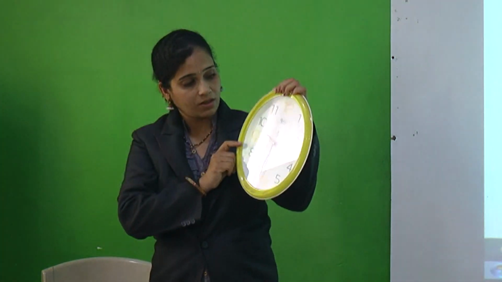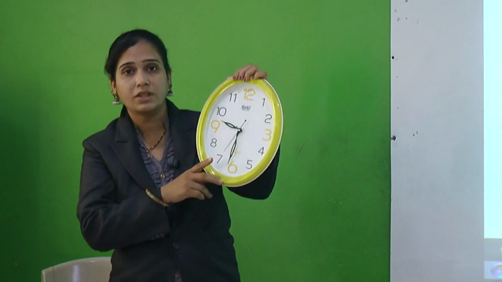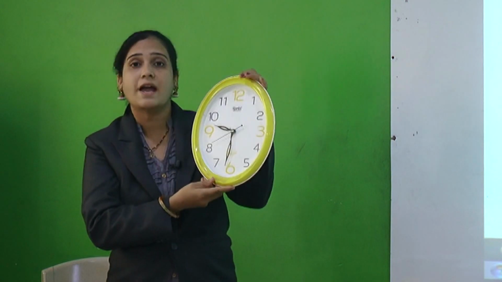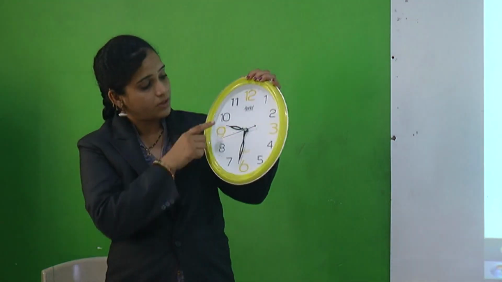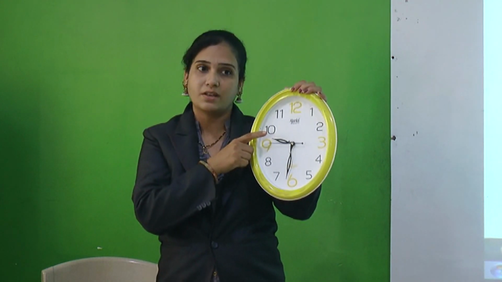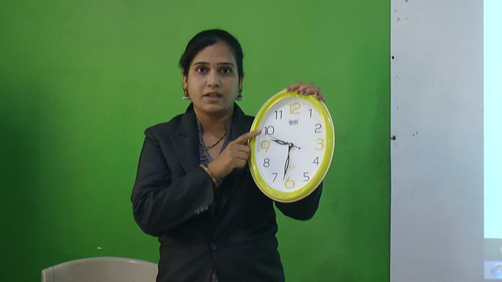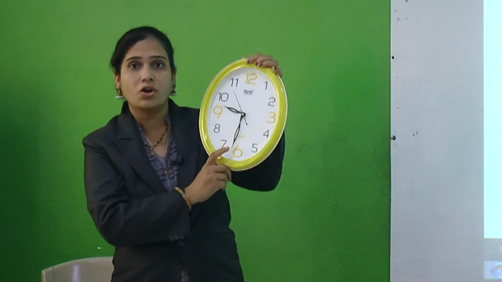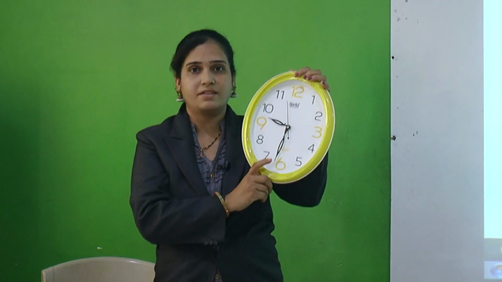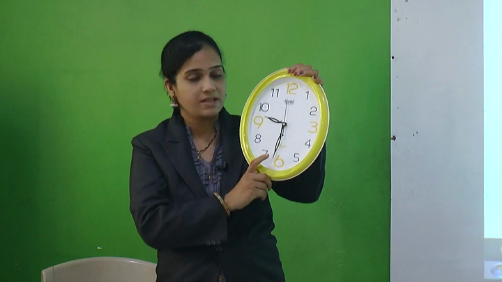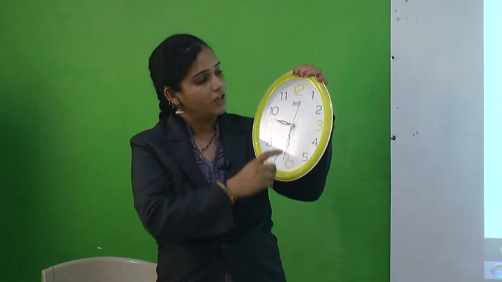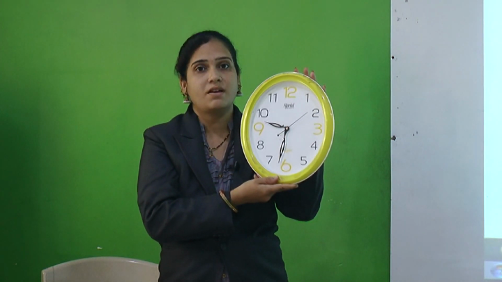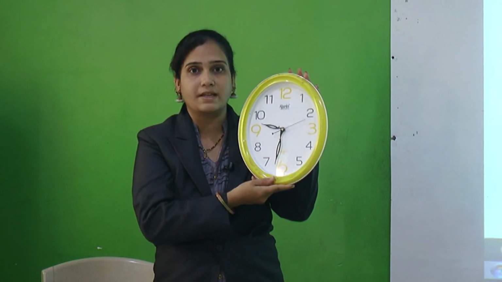So students, every clock has two main thick needles. They are known as the hands of a clock. This shorter hand is the hour hand. It tells us the time in hours. And this longer hand, what is this? Yes, this one is the minute hand. This tells us the minutes. Even this thin needle you can see, what is this, students? This one is the second hand. This tells us seconds.